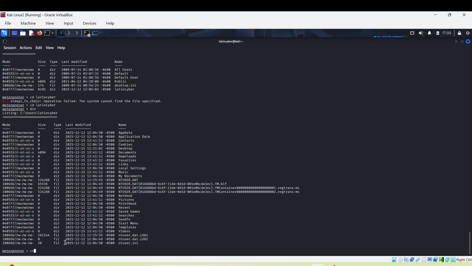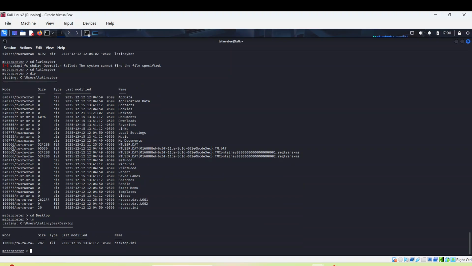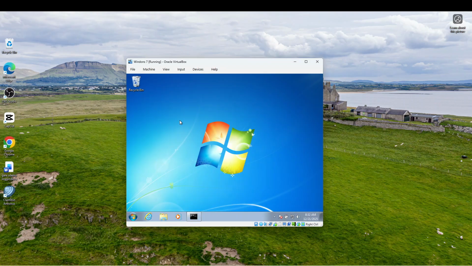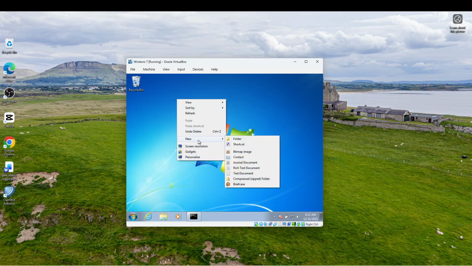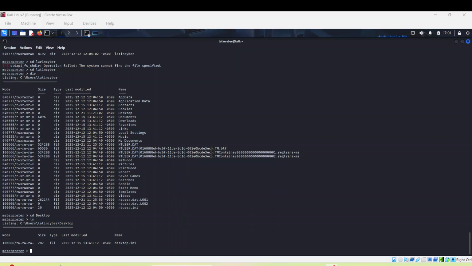So let's go cd Desktop. So let's see what he has in there. So far he doesn't have anything. Let's go to Windows 7. Let's create a file, like a new folder or whatever. Let's just do a new folder. So quickly, now when I go back to Kali, let's just